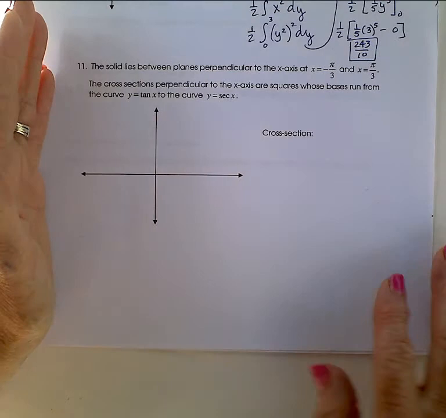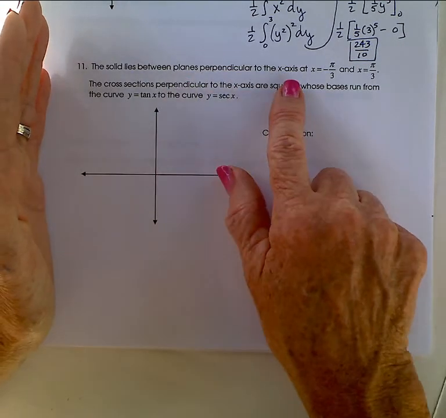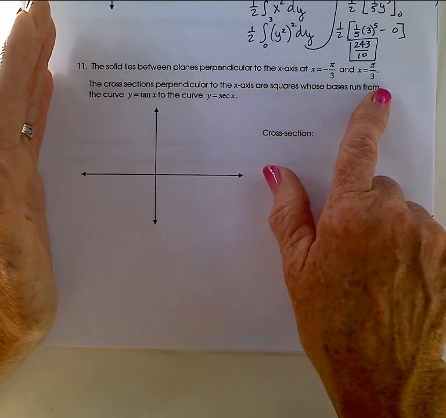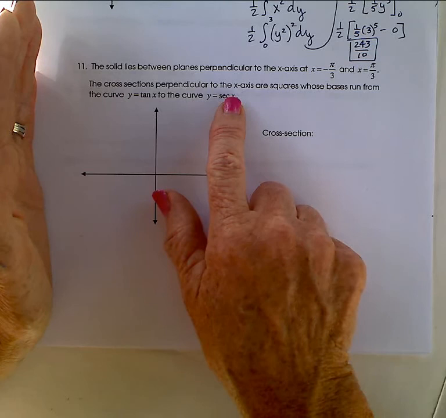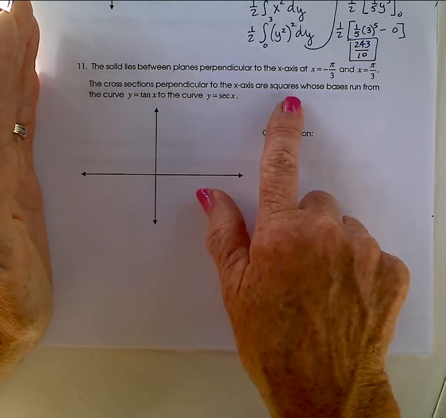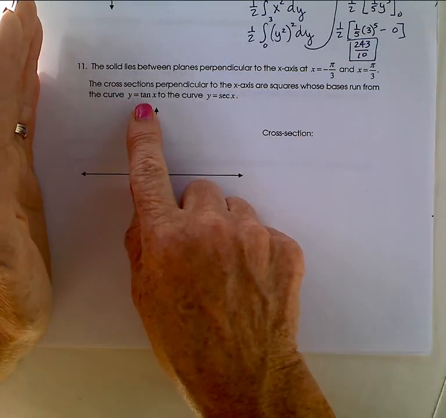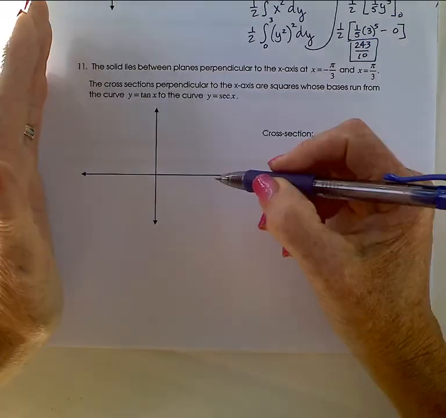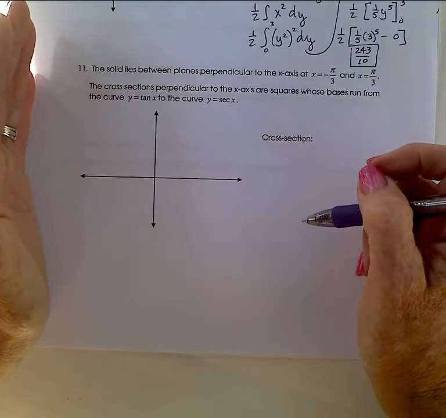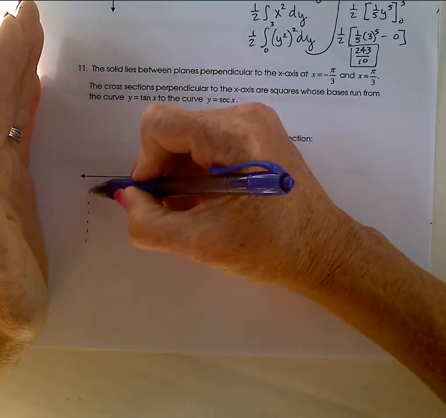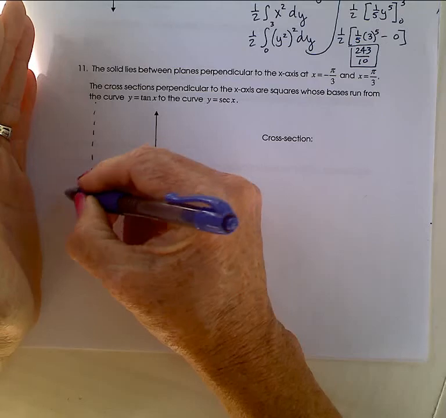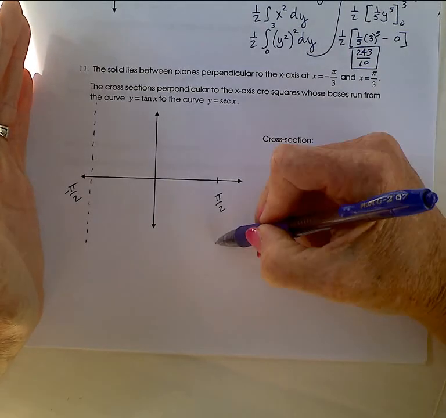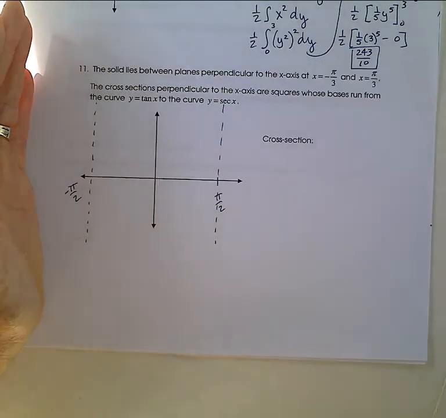Okay, the solid lies between planes perpendicular to the x-axis at x equals negative pi over 3 and x equals pi over 3. The cross sections perpendicular to the x-axis are squares whose bases run from y equals tangent x to y equals secant x. Oh my goodness. Alright, let's put a couple of things in here. Here's negative pi over 2. Here's pi over 2. And we know tangent